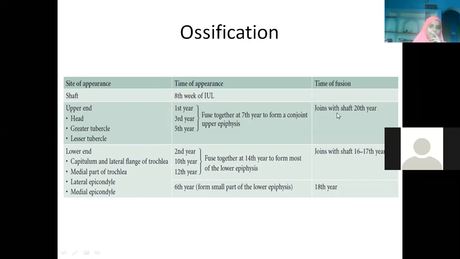Just remember, for almost all bones the primary ossification center appears during the 8th week only. Just for long bones you should know which is the actively growing end of the bone, whether it is the upper end or lower end. And if we study radius and ulna together it will be better, so I will do these two bones together tomorrow.